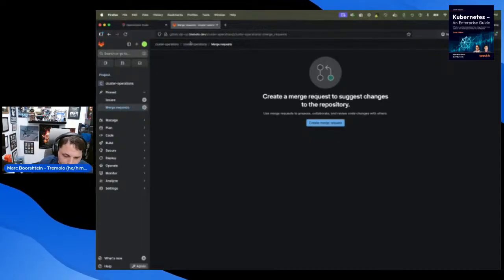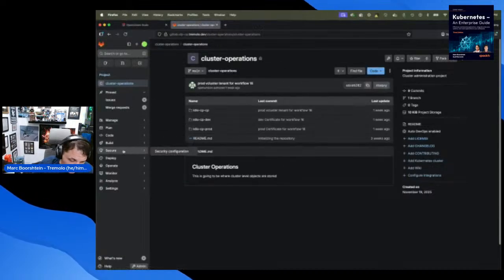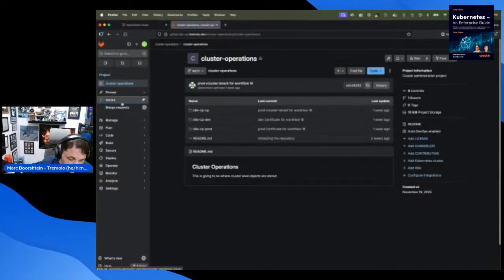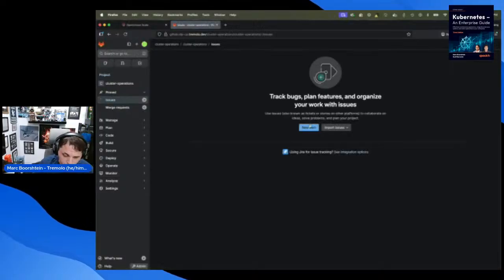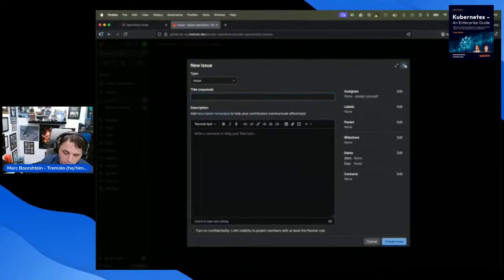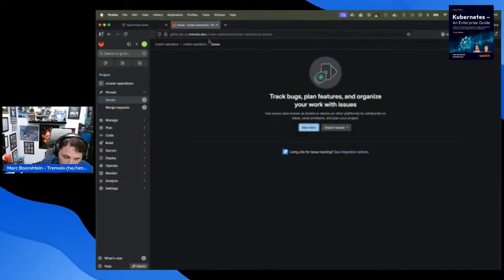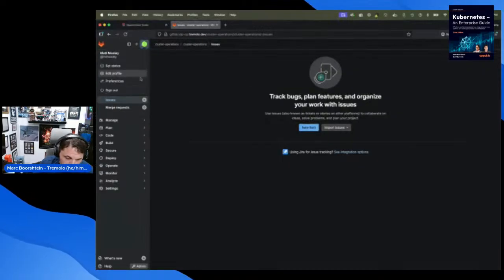They also have issues, very similar to GitHub, right? So we don't really do a lot with them, but they're here, right? You can totally create an issue, and it's very similar if you've ever used GitLab or GitHub. So nothing crazy there. The other area that GitLab has, and I'm actually going to sign out as this user,